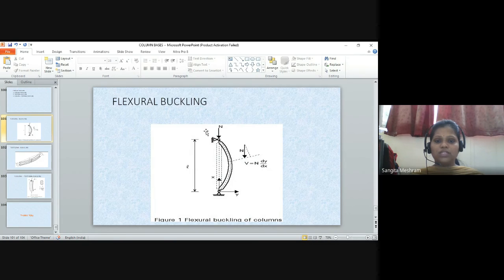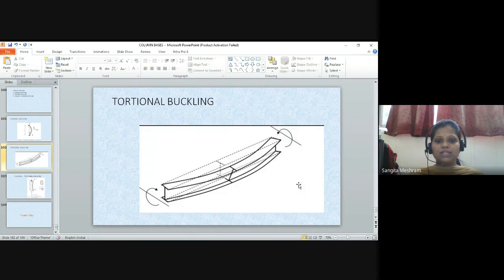So according to that, the effective length will change. How the column will act, all the columns will behave according to this load. So there are different end conditions, and according to that, the effective length will vary. Then this is torsional buckling. Also, the moment is acting at this end of the column, so it will have an effect like this. So this is nothing but torsional buckling. It creates a torsion at the end, and it will have some bending effect like this. So this is related with torsional buckling.